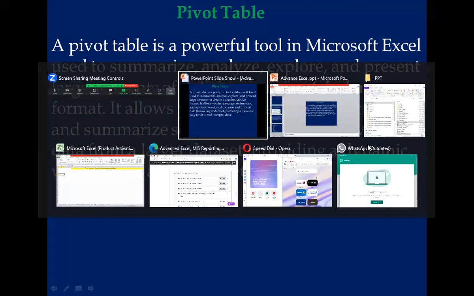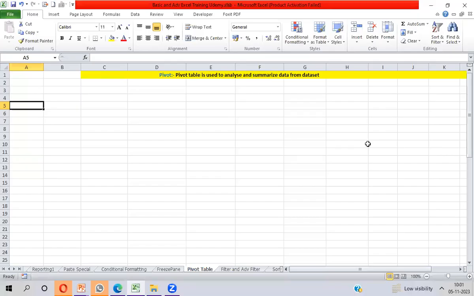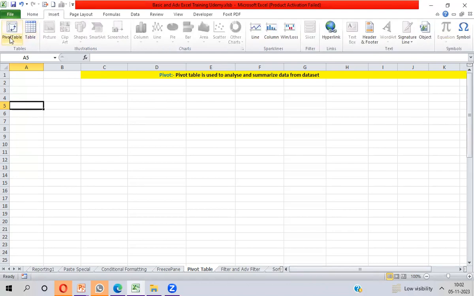So you have to go to the Excel sheet, and here I'm just creating a single pivot table, and I will let you know how we can utilize the features. I have already told you the shortcut: Alt DP is a shortcut to insert a pivot table. If you want to take the long cut, you have to go through the menu: click on the Insert menu and then click on Pivot Table.